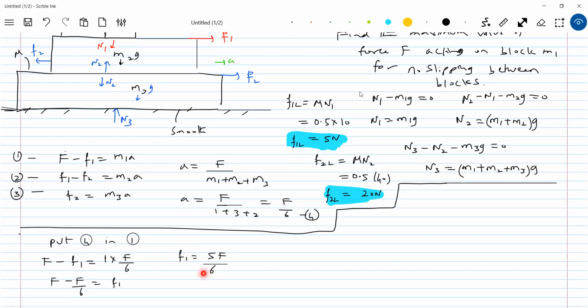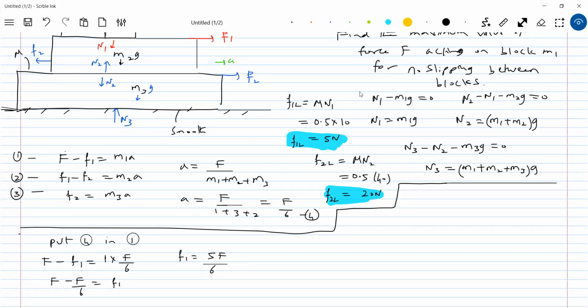This is what I'm making a guess. I'm just trying myself, either I'm right or wrong. That's why I just put a one line. I'm going to split up this problem into three parts. This is the initial part. The first one, I'm assuming one situation. What is that? As I increase the applied force to one specific value, first I say that slipping occurs at surface 1. Slipping occurs at surface 1 means what happens? There should be limiting friction.